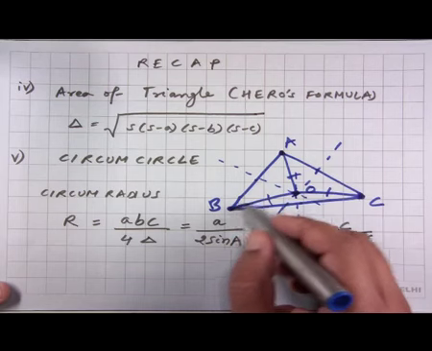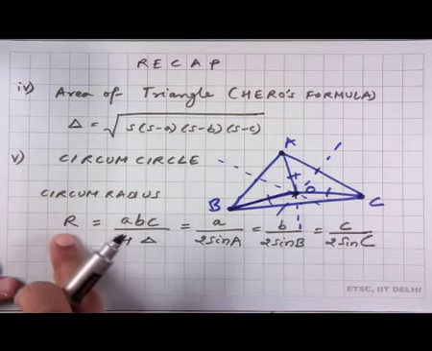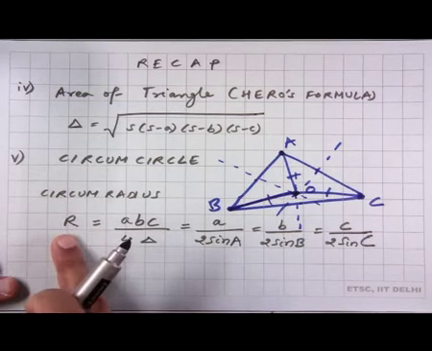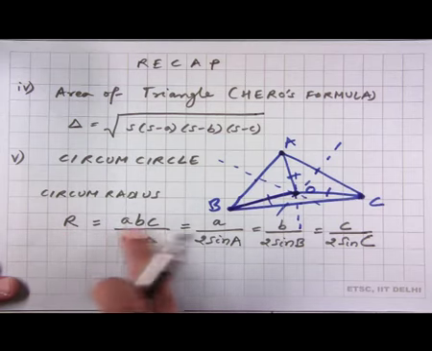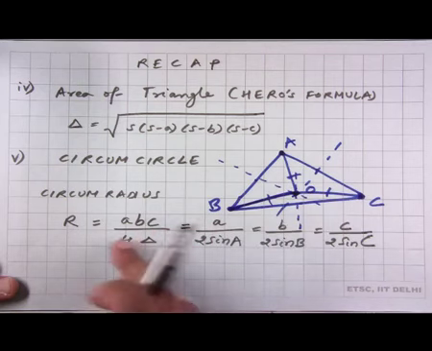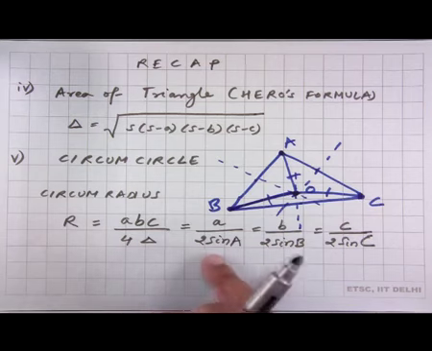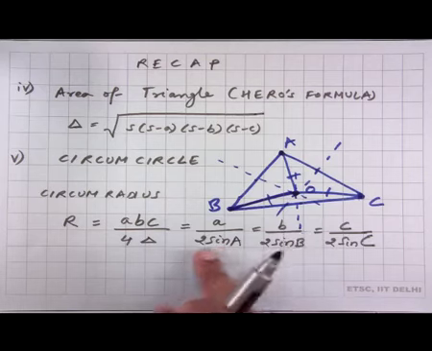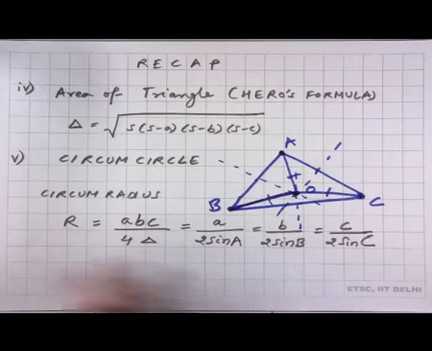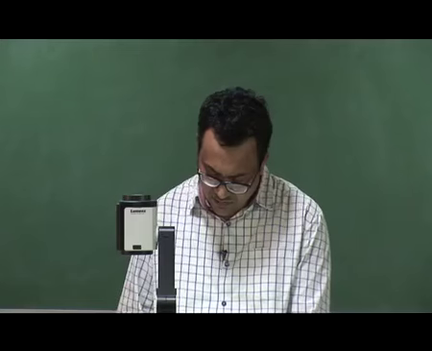The radius, which is OB of this circumcircle, is called the circumradius, and we shall denote it with an uppercase R, and the formula for the circumradius is it's equal to the product of the lengths of the sides of the triangle divided by 4 times the area of the triangle, and this also happens to be equal to half of the ratio of a upon sin A. So, this was the last thing that we had derived in the previous class.